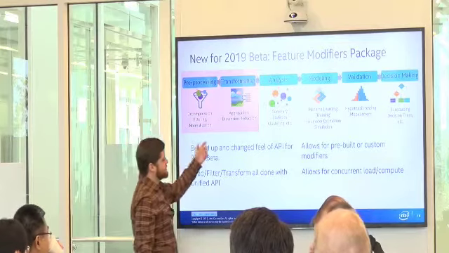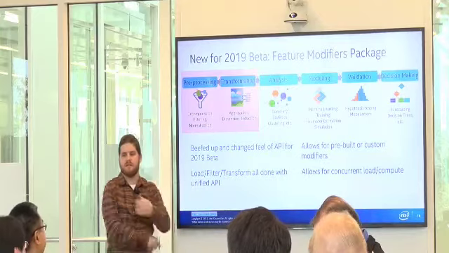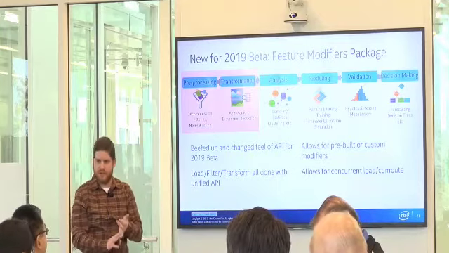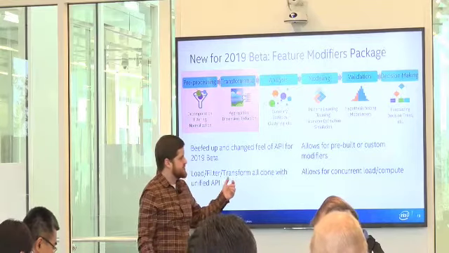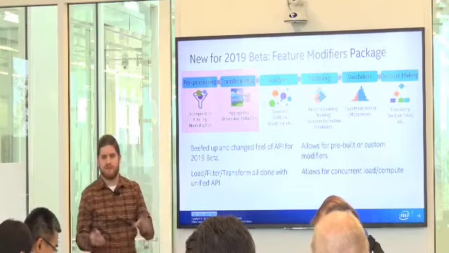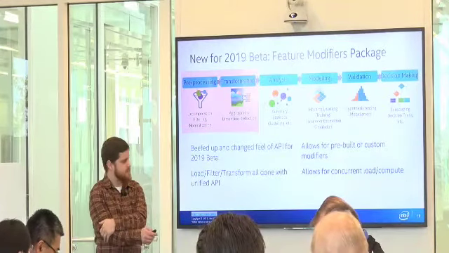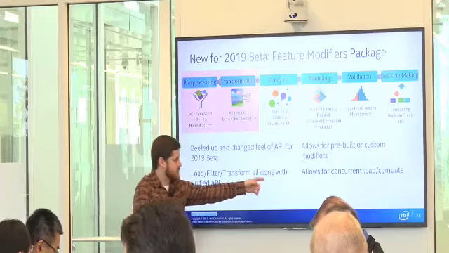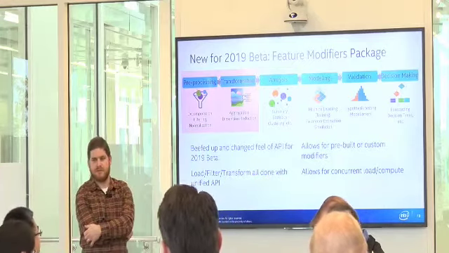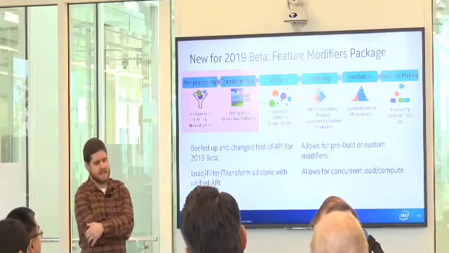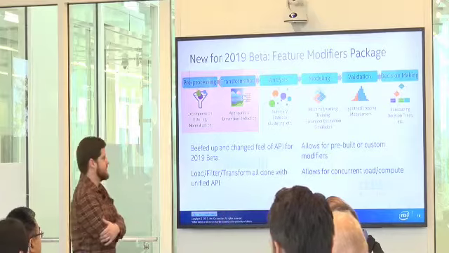What we've done is included a bunch of fast pre-built modifiers, transformers, these kinds of things. We'll call MKL when needed. We'll have our own parallelism we write into it. But we also allow for custom modifiers. So you write your own function in any way you'd like, and you can just pass that as one of our modifiers. This whole thing was built with an eye towards concurrent loading and compute, which I'll show at the end. That's not actually in the library yet, but that's what we're pushing for with all this work.